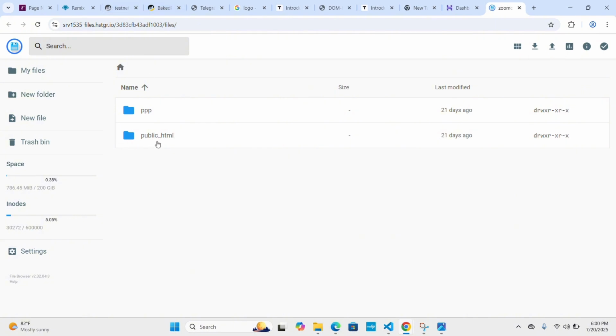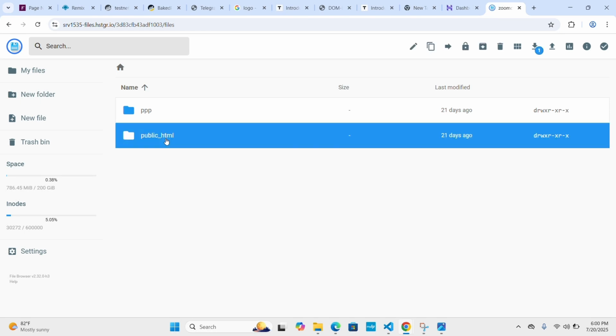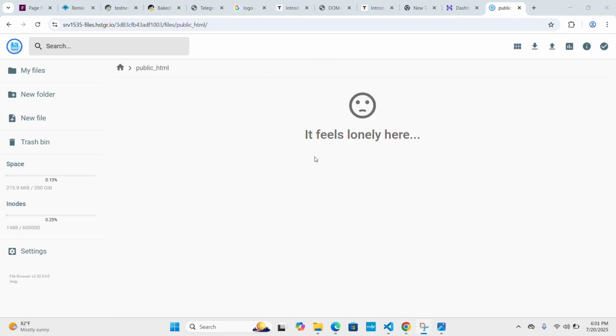Now, when it comes to File Manager, you can see this is what you will see. Get into the public HTML. We have managed to delete the whole thing that is under the public_html folder. So to import your own BNB miner folder,